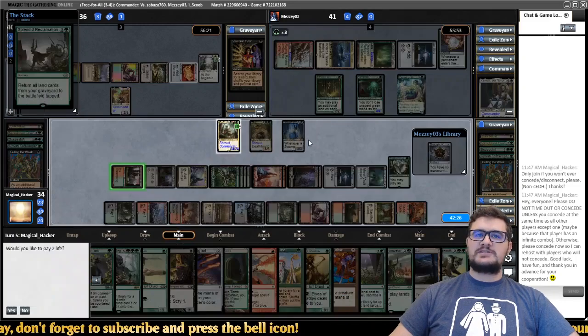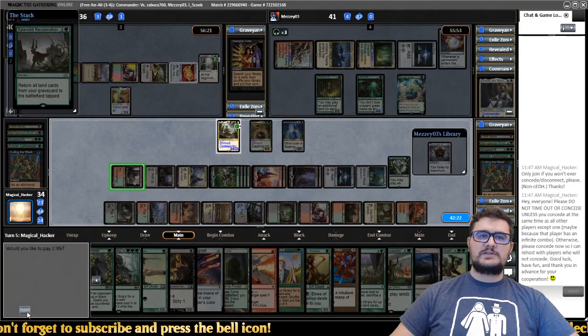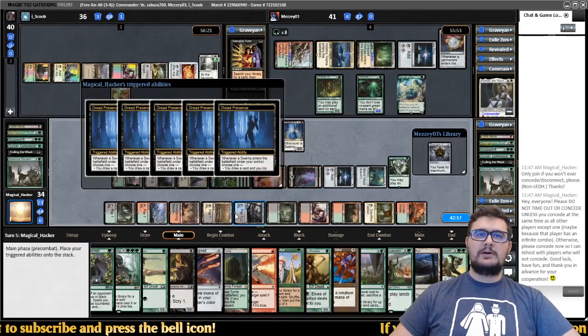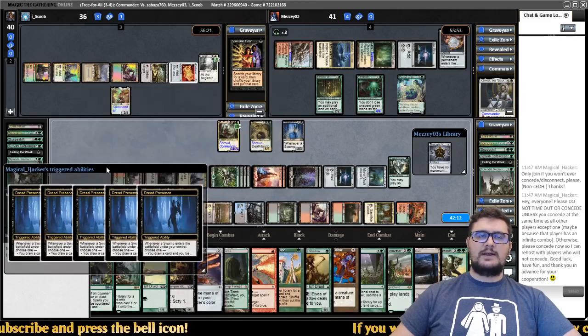That's going to trigger Dread Presence a bunch of times. Would I like to pay 2 life? No, because everything's entering tapped anyways. So we're going to go ahead and get all these onto the battlefield. Some of these are not actually lands because we don't have any more targets in our deck to grab with them. Yeah, since we only have 10 damage here,